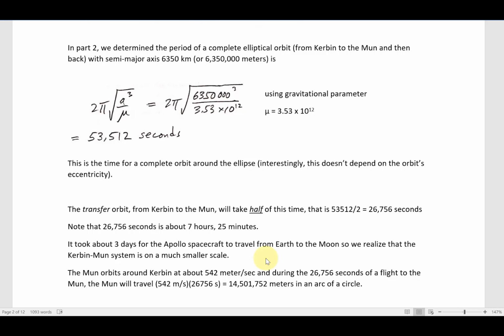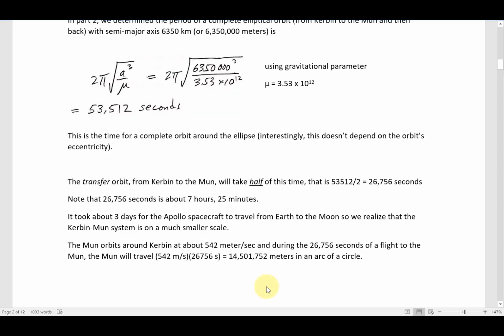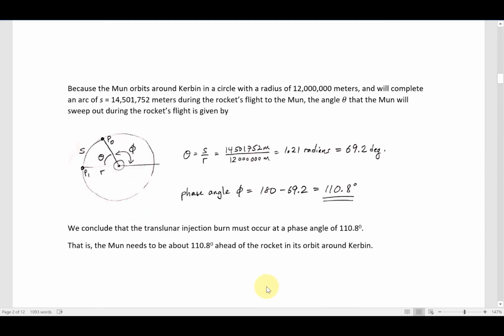Now the Moon orbits around Kerbin at 542 meters per second. And during the 26,756 seconds of the flight to the Mun, it will travel at this rate for this period of time a total of 14,501,752 meters in an arc of a circle. Because the Mun orbits around Kerbin in a circle with a radius of 12 million meters, it will complete an arc of S equal to